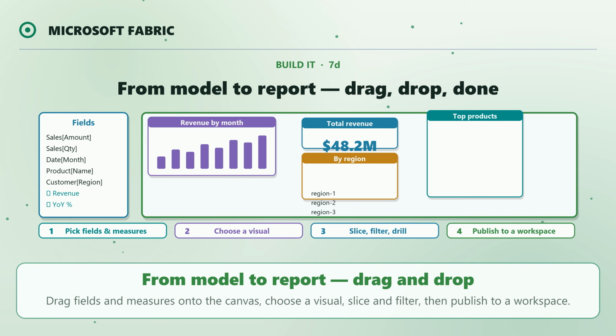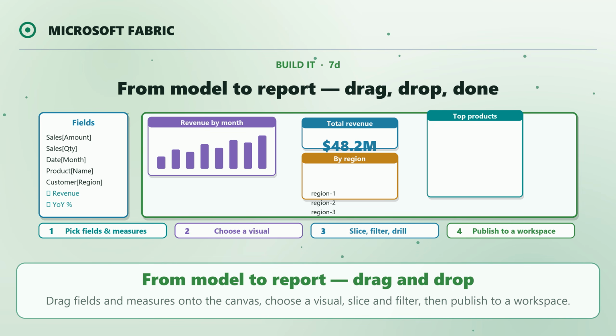You build a report by dragging fields onto it. Drag revenue and month, and you get a column chart of revenue over time. Drop a measure onto a card, and you get a big total. Add a table of regions, a list of top products. Then you shape it, pick the visual type, add slicers and filters, and set up drill through so a click